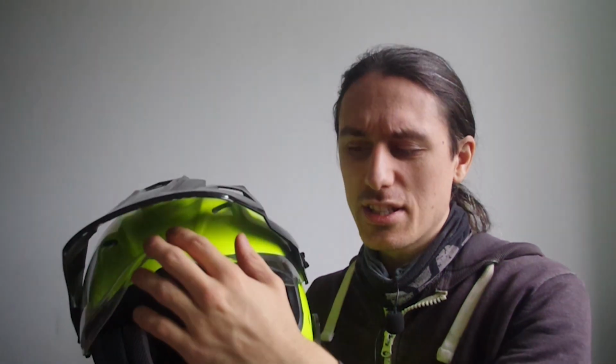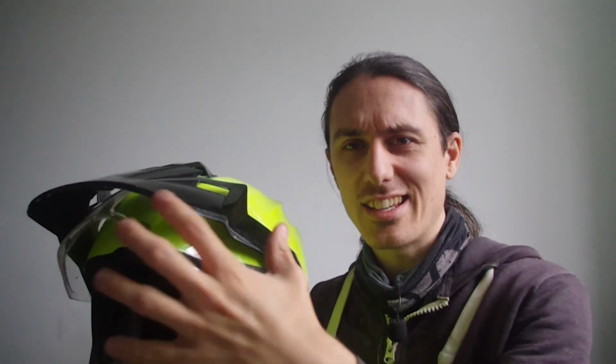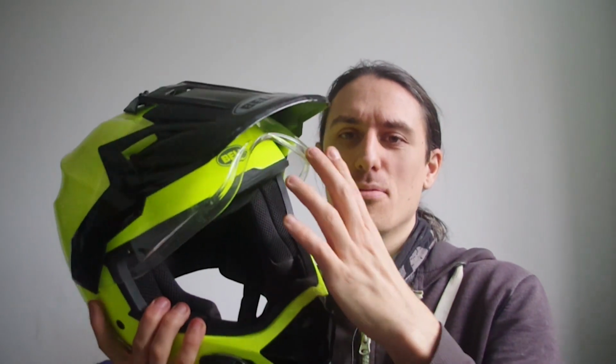Before my old one, it used to click, like very forceful, click into place at the top, and it was fine, it would stay there all day. But this one seems to... it's loose, which is really annoying, so I have to every now and then undo all of these and reinforce it with a bit of electrical tape just to make it thicker so that it locks into place better, which, okay, it's actually really annoying because I'm riding along and I like to have it open, and if